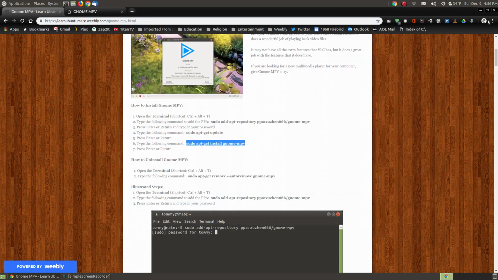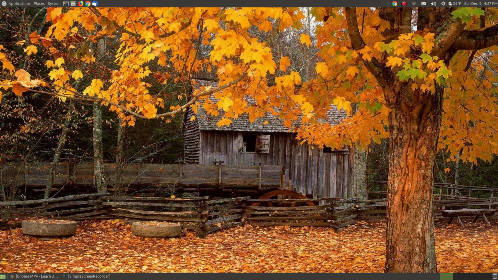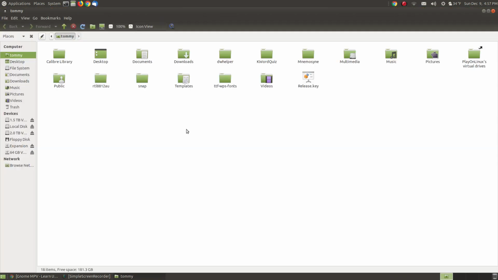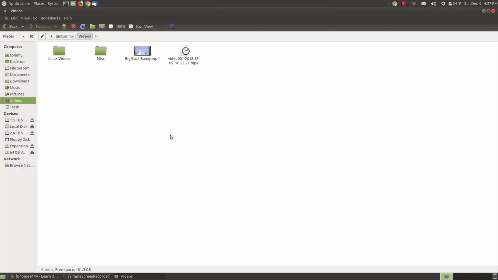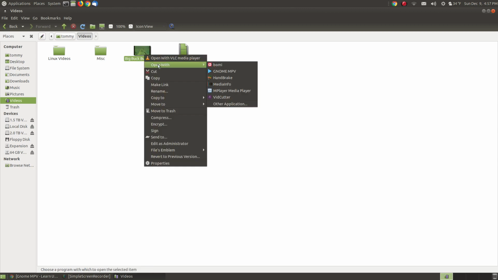I'm going to close it, and I'm going to go to my videos folder. I'm going to open my Caja file manager. I'm going to go to my videos folder, and here I have a video of Big Buck Bunny, and then the video that I'm creating where I'm making this video. I'm going to right click because this is not my default player. My VLC is my default. Eventually I may choose a different default, but for now I'm right clicking it, choose open with, and it's the Gnome MPV. I click on it